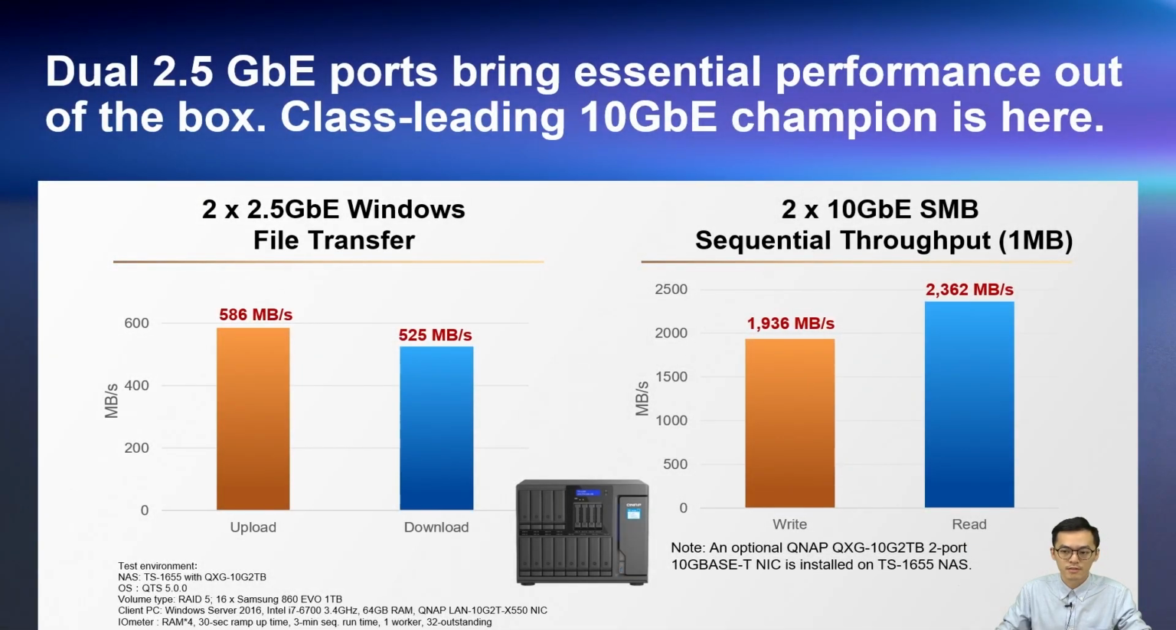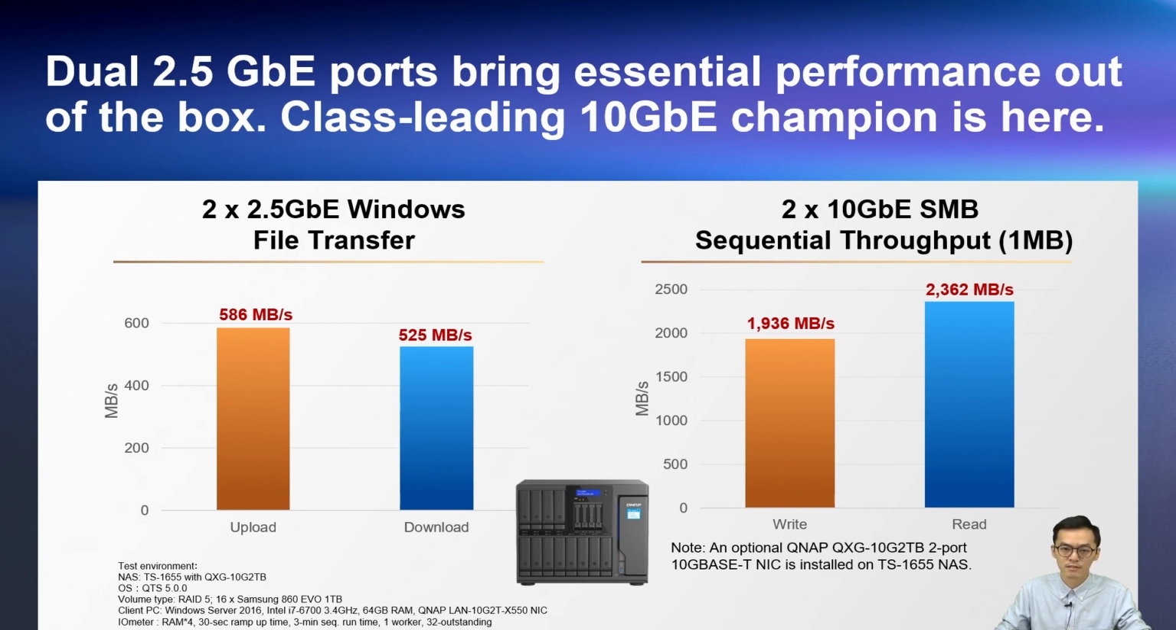And this page shows the performance of dual 2.5 gigabit Ethernet ports. It can bring essential performance out of the box. So we can see that with two 2.5 gigabit Ethernet Windows file transfer, we can have upload 586 megabytes per second, and download 525 megabytes per second. And it can also install the 10 gig Ethernet port cards